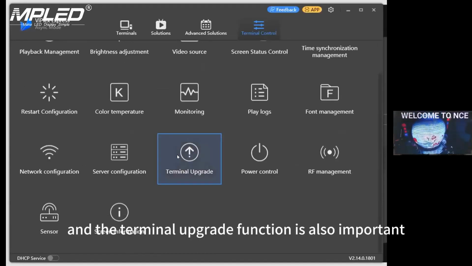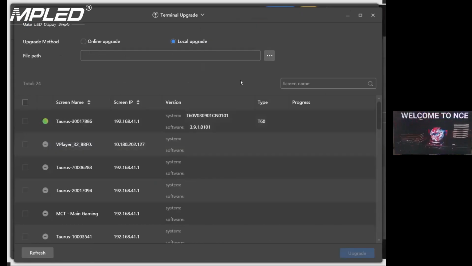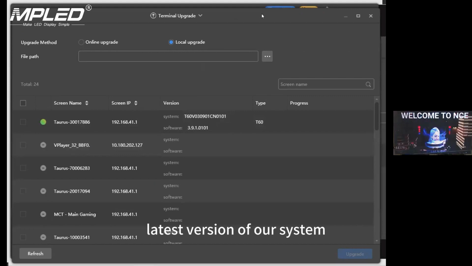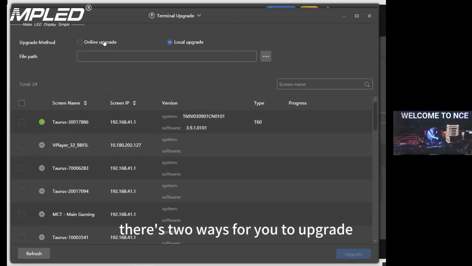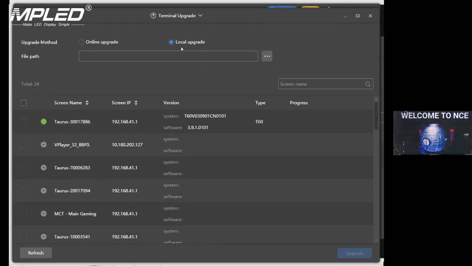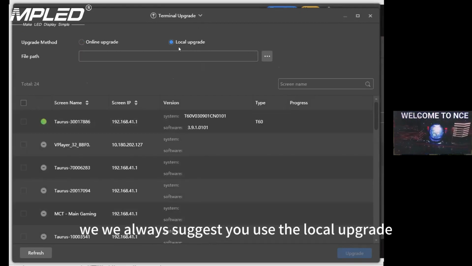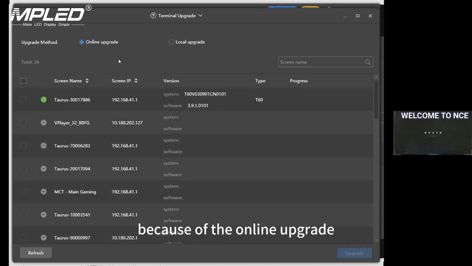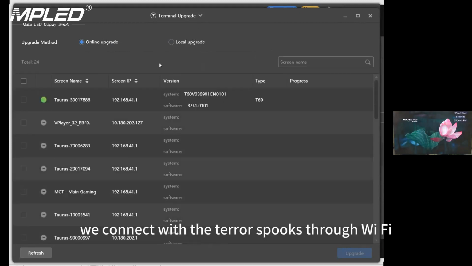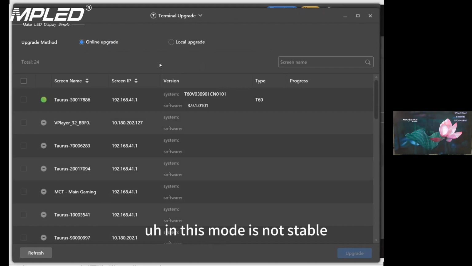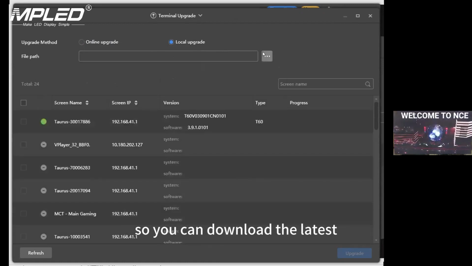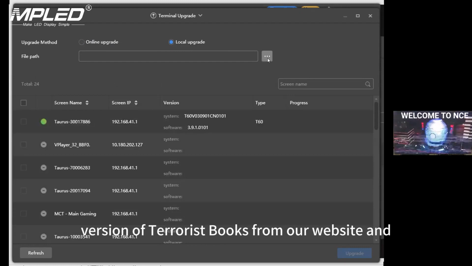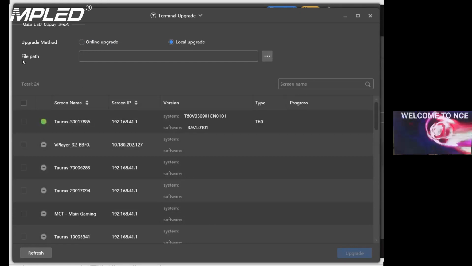And the terminal upgrade function is also important. Please keep your device at the latest version of our system. There are 2 ways for you to upgrade. We always suggest you use the local upgrade, because for the online upgrade we connect with the Taurus box through Wi-Fi. In this mode, it's not stable, and the response is very slow. Maybe some unexpected errors. So you can download the latest version of the Taurus box from our website, and there is